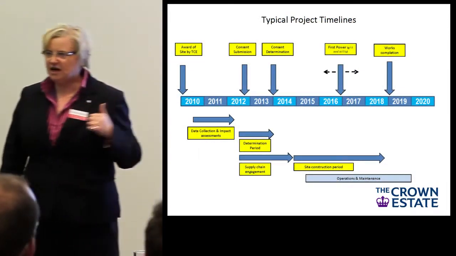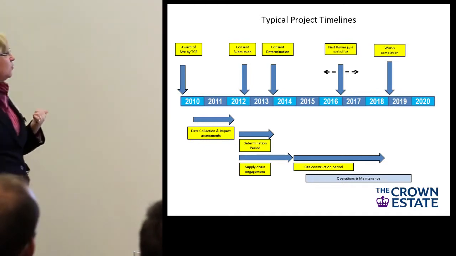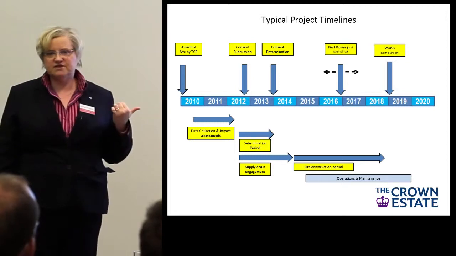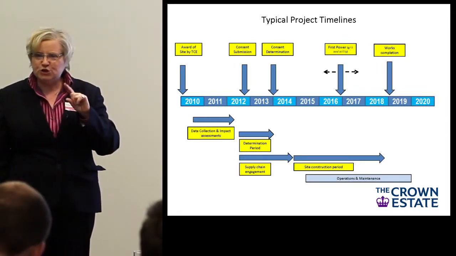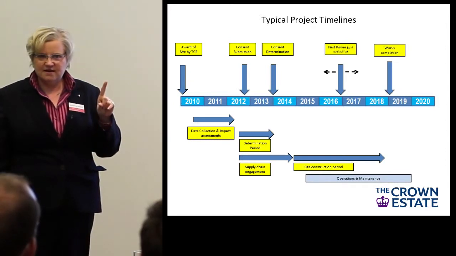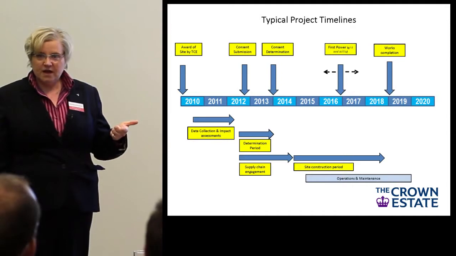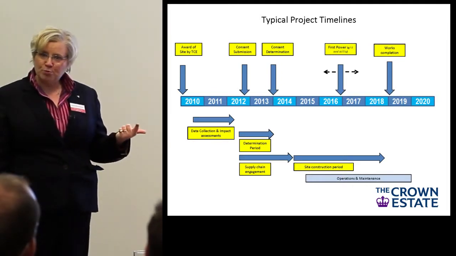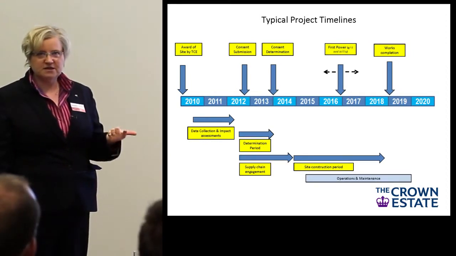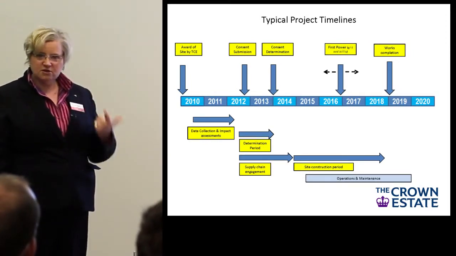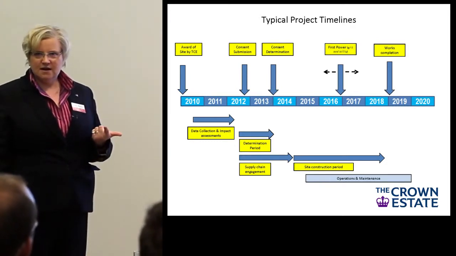Here's a typical project timeline to understand. So here we have a typical wind farm, the site awarded in January 2010. These guys have got to spend 2 years collecting data. Then they have to analyse it. Then they have to put it into the planning system. Then you guys have got this really difficult job on the onshore side. Everybody's got a difficult job in planning. My heart goes out to you because there's going to be somebody that's not going to like it. And there's going to have to be a decision that is made.